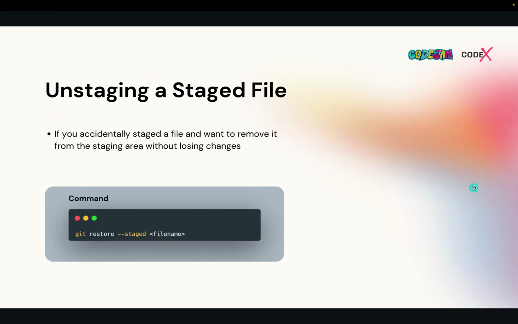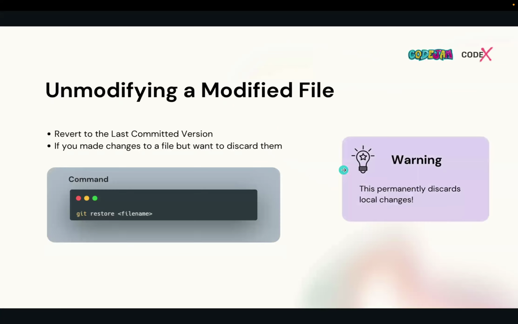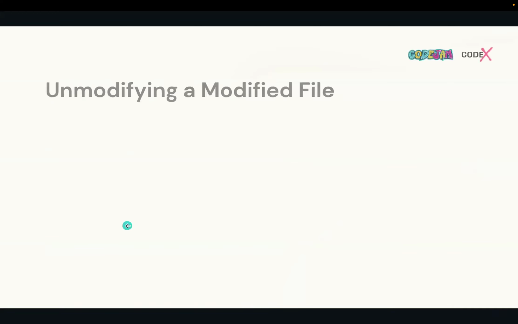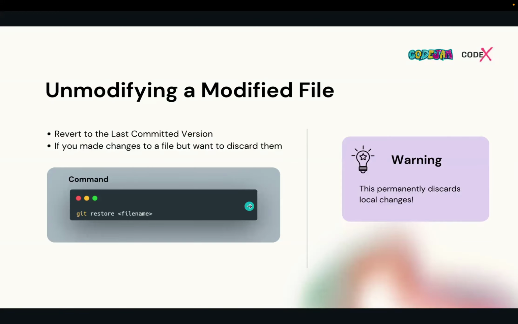Then we have the unmodified modified file, basically the rollback. You can use git restore without any flags with the file name, then it will discard the changes permanently locally, and the history will also clear. You can't revert those changes back into the picture.